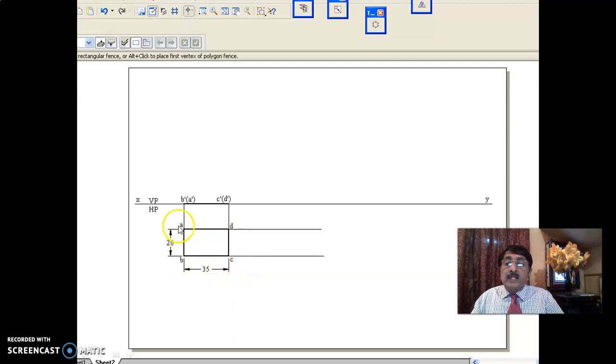A, B, C, D, shorter edge perpendicular. Previously, longer edge perpendicular. Now, this B is seen, A is not, B dash, A dash, C is seen, D is not seen, C dash, D dash. Now you see here, as you know very well, once you start rotating, the 35 goes on reducing. And he says,